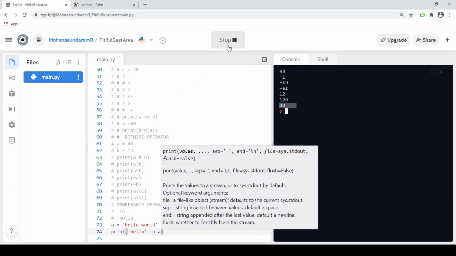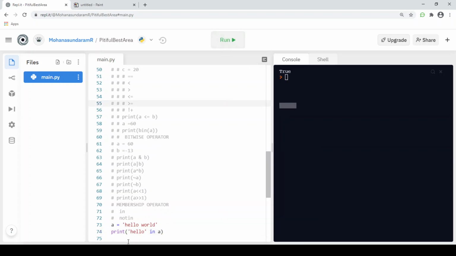The output will be in boolean format, and it is True because we have hello in our string a. If I change it to hi, it will give a False value because we don't have hi in our variable a. This is why the in operator is used in the membership operator.